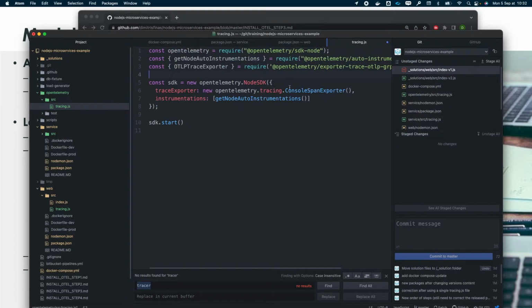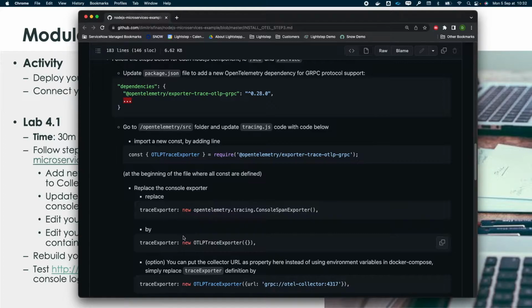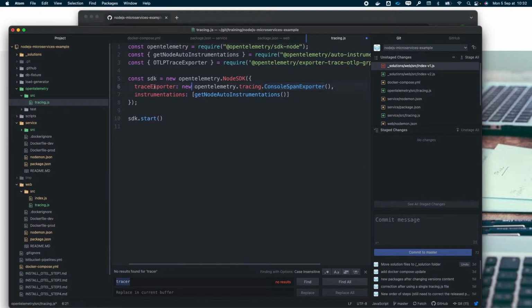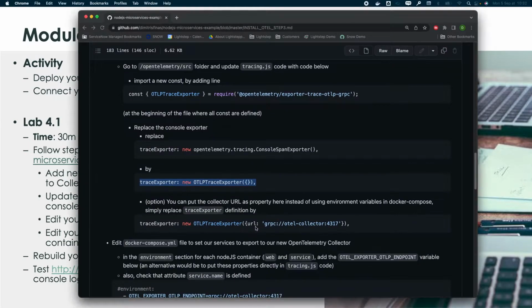And the second step is to replace the console span exporter here with an exporter directly to gRPC. So this is using the constant that we have just defined. As you can see, you can define here directly where is your collector in terms of URL.